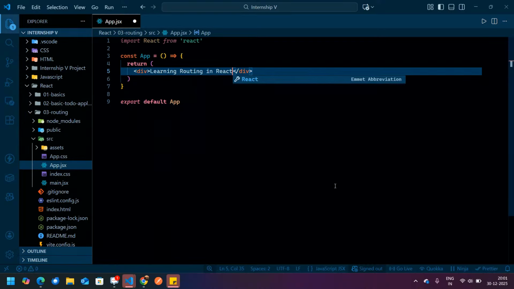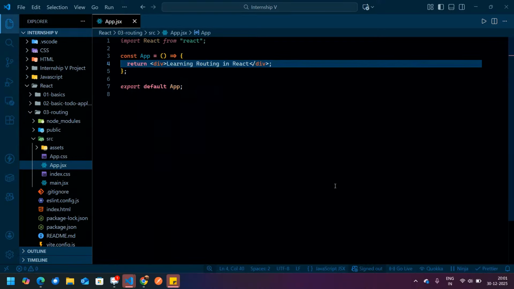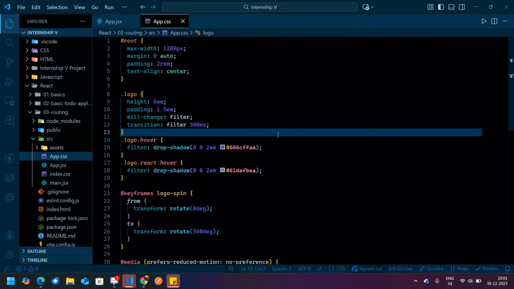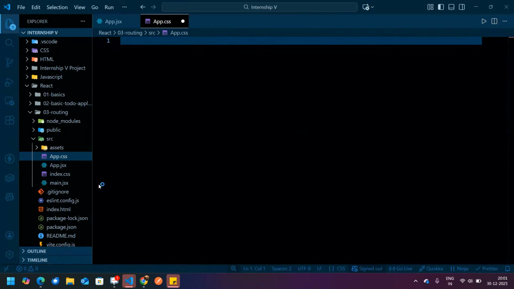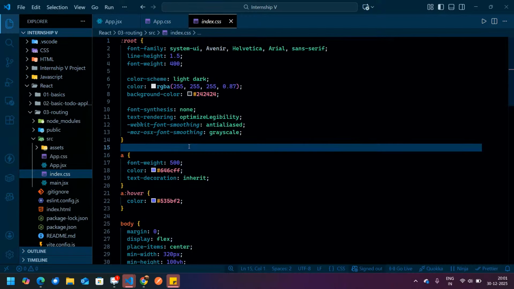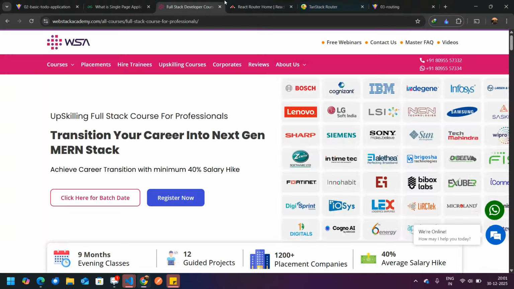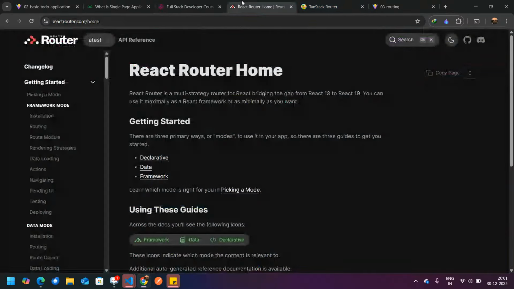Now in app.css, Ctrl A, delete, and index.css, Ctrl A, delete. So guys, see here, first of all, how to add this. This is a third party library, React Router DOM. It is not available in React directly. That's why we have to do the third party integration.